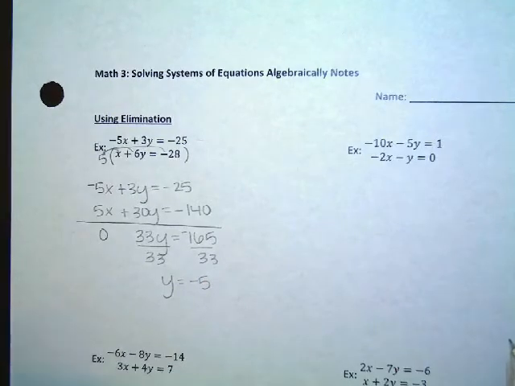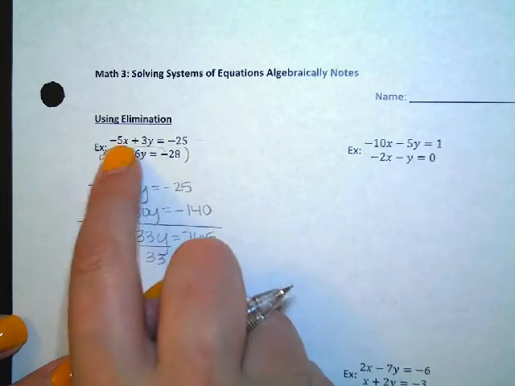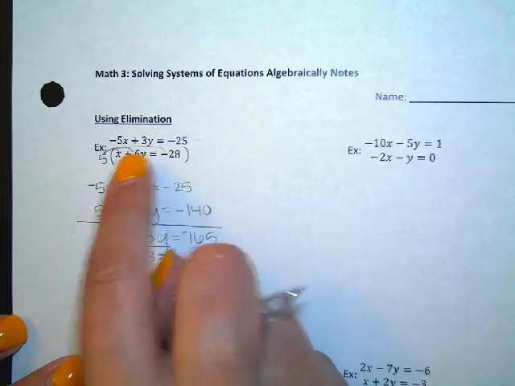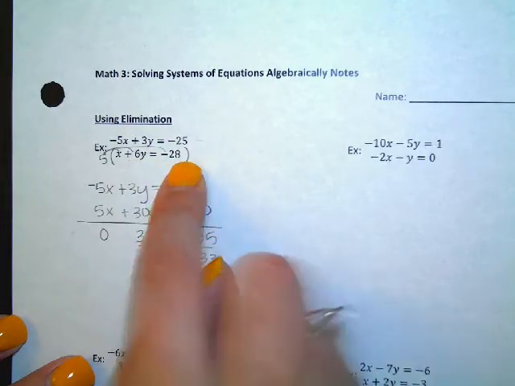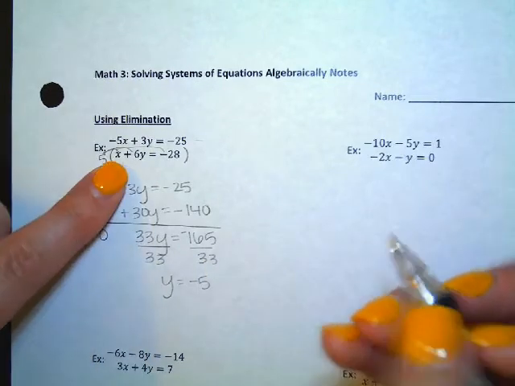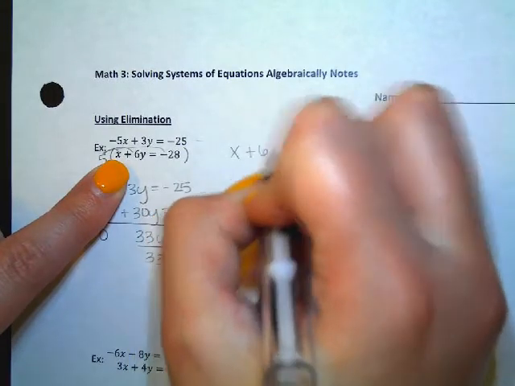So if you guys remember, we always want our solution to be written as an x-coordinate and a y-coordinate. So what I've done so far is I've found the y-coordinate where the two lines intersect, but I need to find the x-coordinate. So you've got two options. You can take the -5 and plug it back into the first equation and solve for x, or you can plug it back into the second equation and solve for x. So I'll go ahead and plug it back into the second equation just because that one looks a little bit easier. So x plus 6 times y